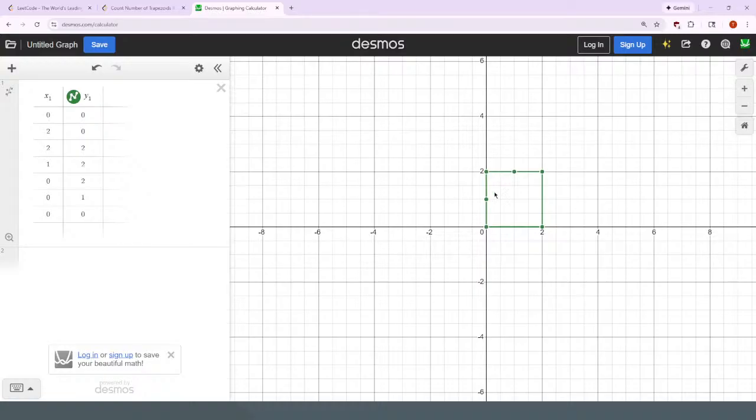If I kept track of this and this, so it would be identical for this and this, leftmost points. And then if those points are the leftmost points,